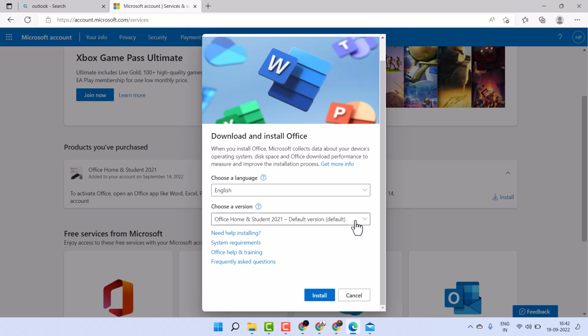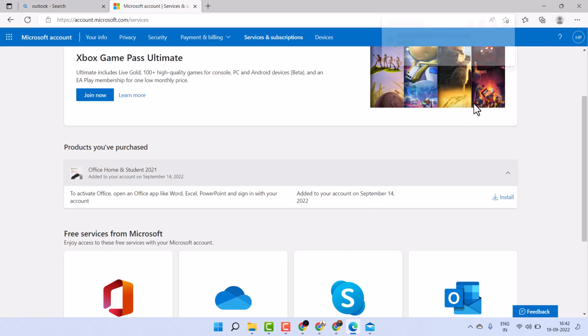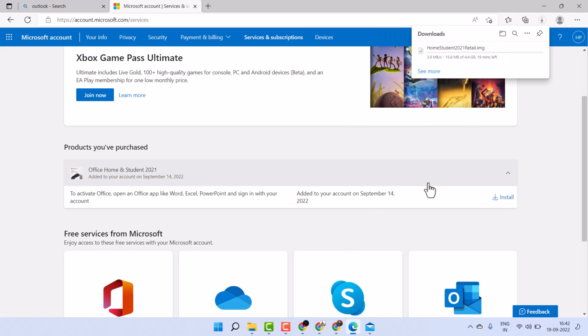Select your language and here select your Office version, and also you can select here offline installer, then click on install. Now wait for a few minutes, it takes some time. It's about 4.4 GB, and once you complete